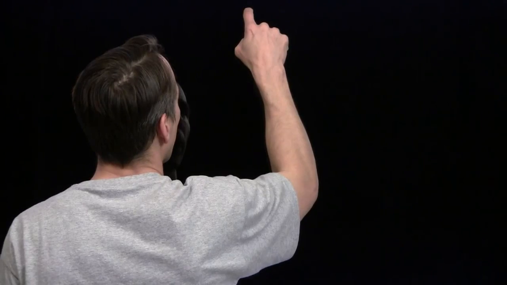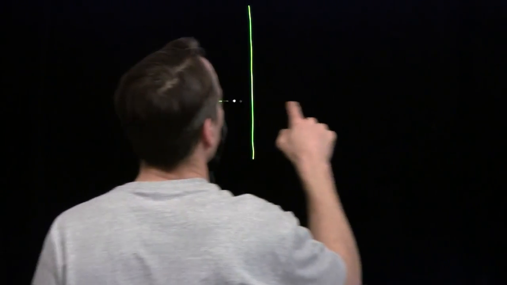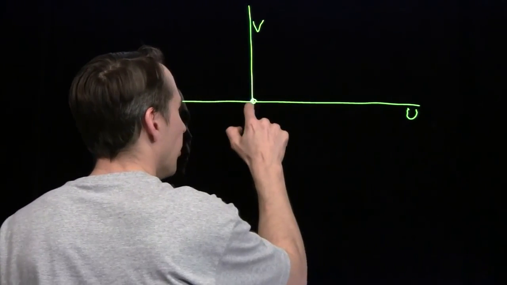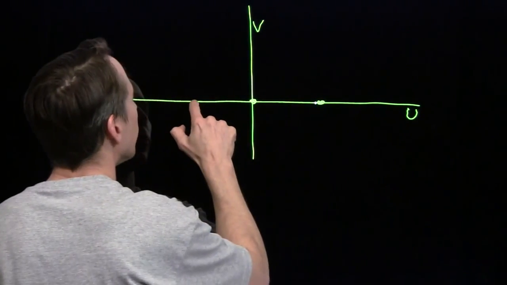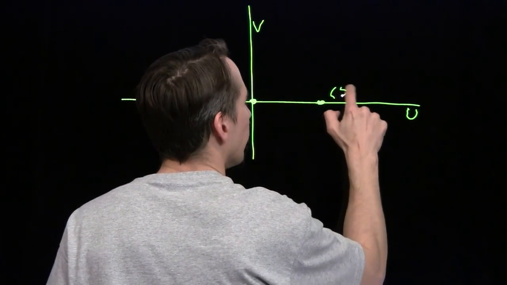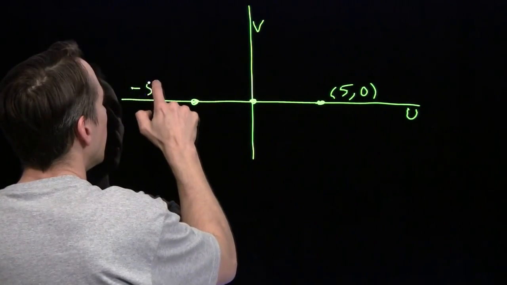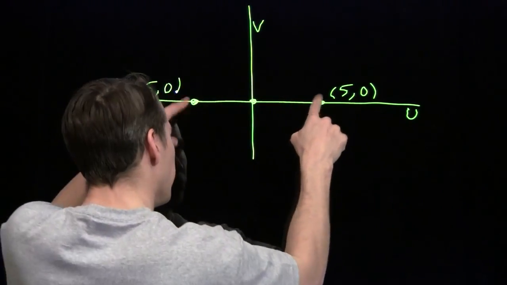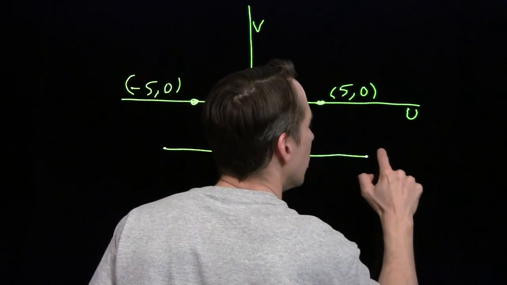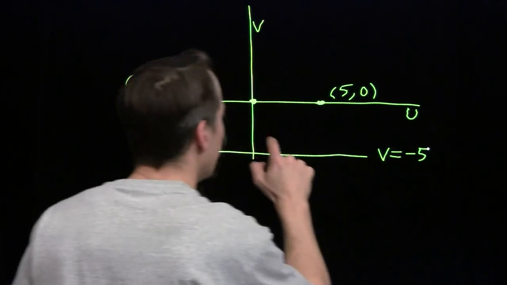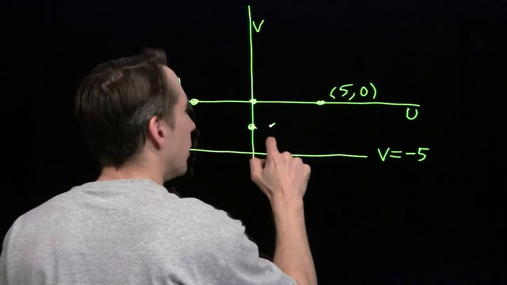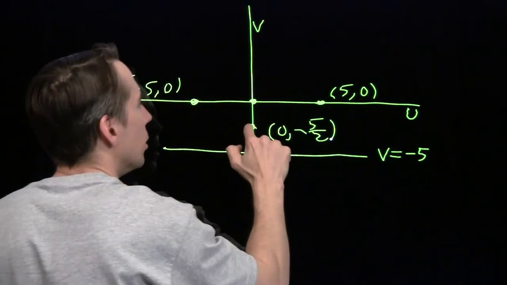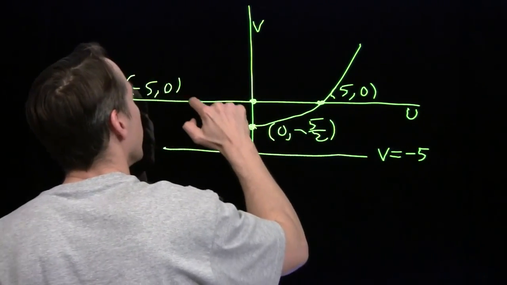So now we've rotated our parabola. Rotated, our parabola looks like this in the UV plane. Still have the focus at the origin. Now the 2 points have been rotated onto the x-axis: 5, 0, and negative 5, 0. And we know where the directrix is too, because the focus is 5 away from each of these points, so each of these points is 5 away from our directrix. It sits down here. V is negative 5. And that tells us our vertex is right there at 0, negative 5 halves. We see our parabola. It sits right in here.